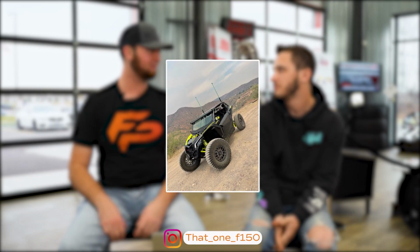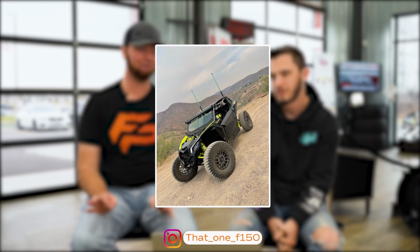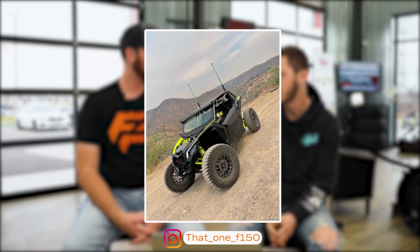Yeah, I would go full out with that machine, and it's for what I like doing, trail riding or OHV parks, ATV parks, all that stuff. That thing is set up beautifully. That's what you do, but for me, I'm more into the show stuff, so like the cars and the huge trucks. Huge show guy. Even when we were at LTN, there were those show RZRs that were just...